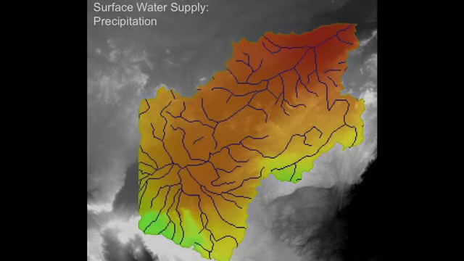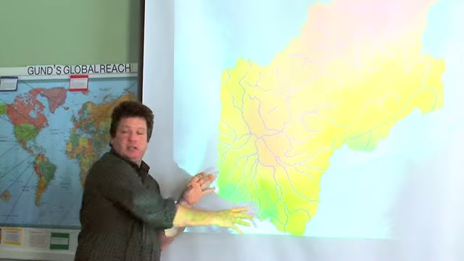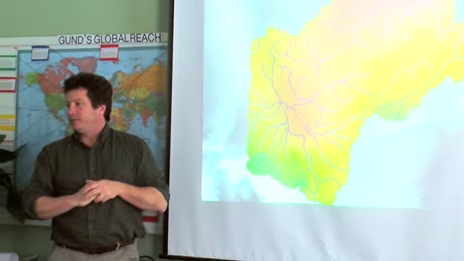The first map that you put up said precipitation. Was it that the north was high precipitation, or the south? The green is high values, the red is low. Okay. So these are the highlands that the storm systems are coming through, generally in this direction, and the highlands are capturing a lot of that precipitation.